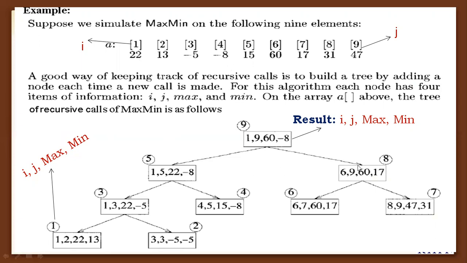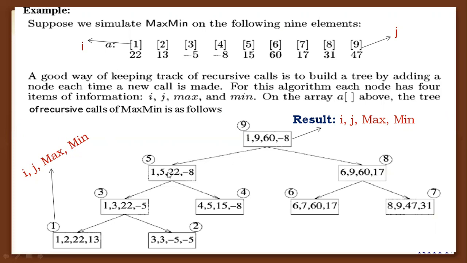And like that, you can find the max element and minimum element of an array whose size lies between 6 to 9. If you consider the array from index 6 to 9, the array size is 9, and we can consider the max and minimum element among the 6 to 9 array indices. 60 is the maximum element and 17 is the minimum element.